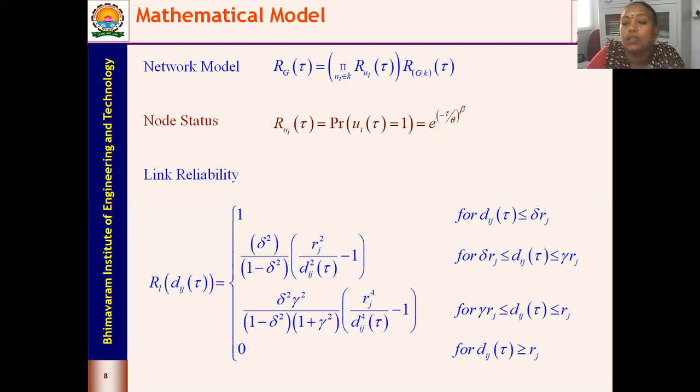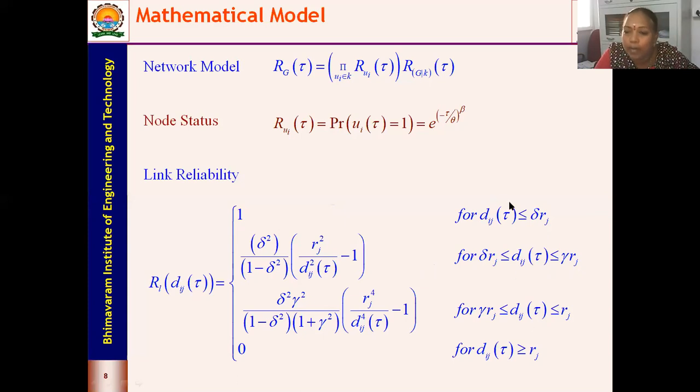Okay. So for Dij less than or equal to delta Rj, it is an FS model. And in the remaining cases, for delta Rj less than Dij of tau less than or equal to gamma Rj, this is going to be a TRG model.